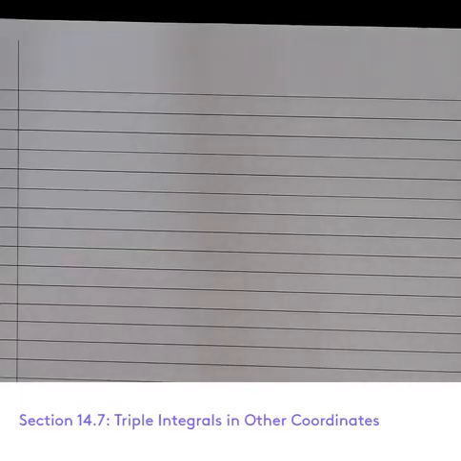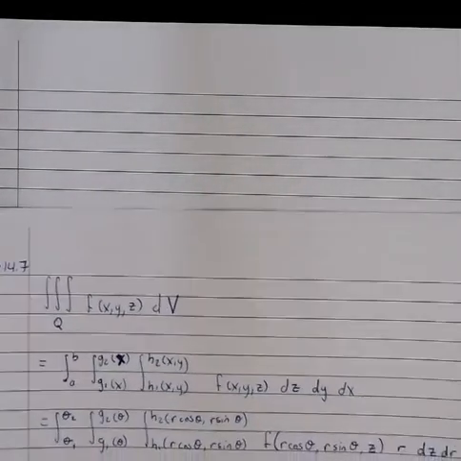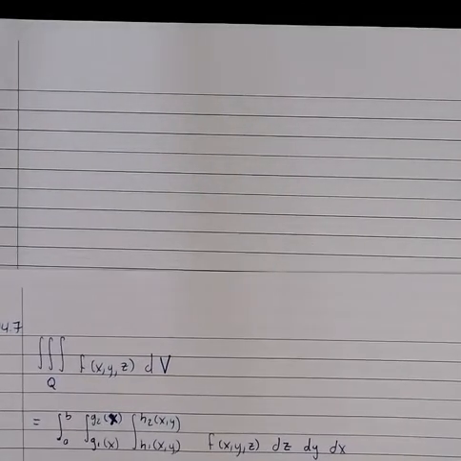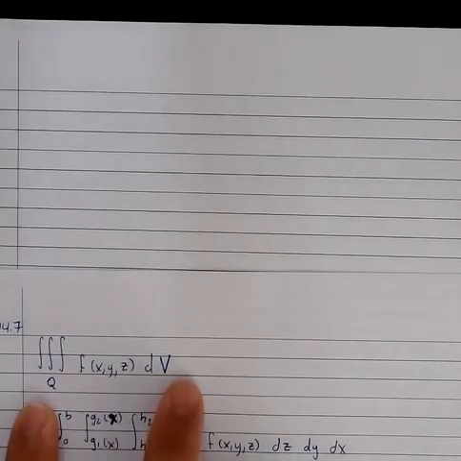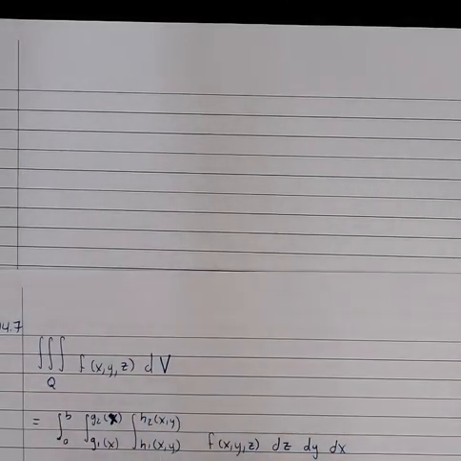Let's look at section 14.7, talking about triple integrals in other coordinates. Now, we've seen that when we have a triple integral over region Q with respect to volume, we can evaluate this using an extended version of Fubini's theorem as the triply iterated integral with respect to z, then y, then